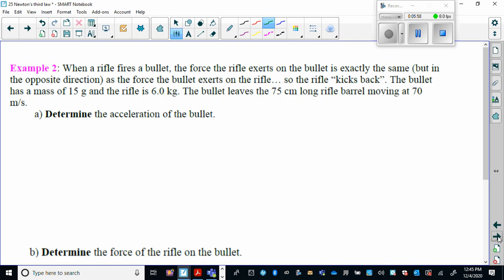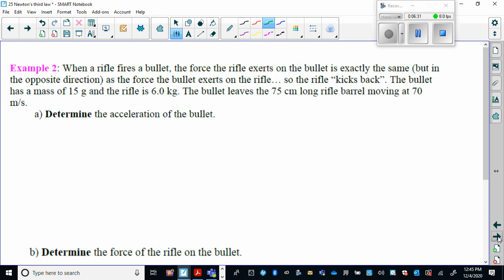When a rifle fires a bullet, the force the rifle exerts on the bullet is exactly the same, but in the opposite direction as the force the bullet exerts on the rifle. So the rifle kicks back. The bullet has a mass of 15 grams, and the rifle a mass of 6 kilograms. The bullet leaves the 75 centimeter long rifle barrel moving at 70 meters per second, which is not really that fast. So first we want to determine,